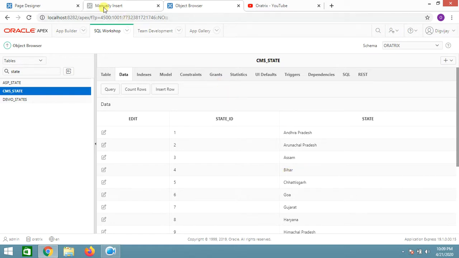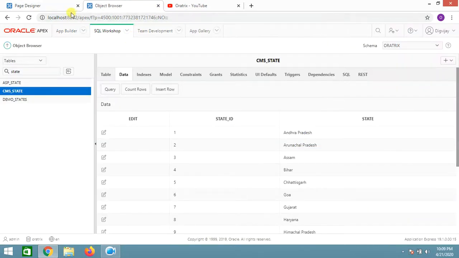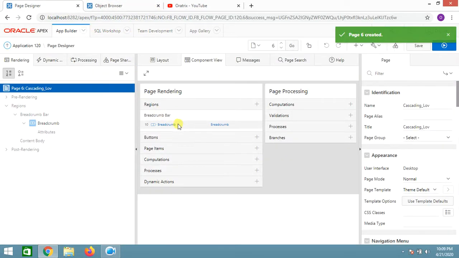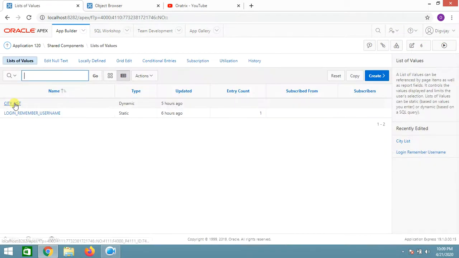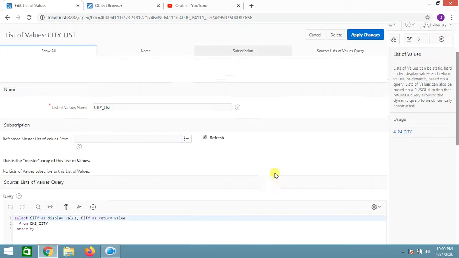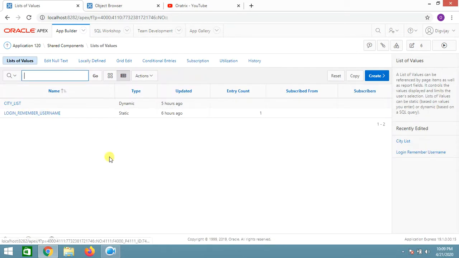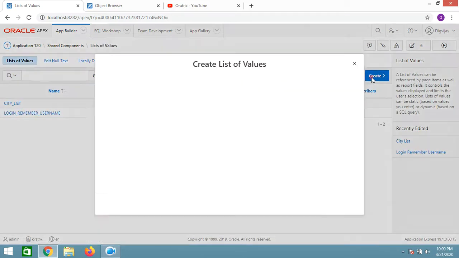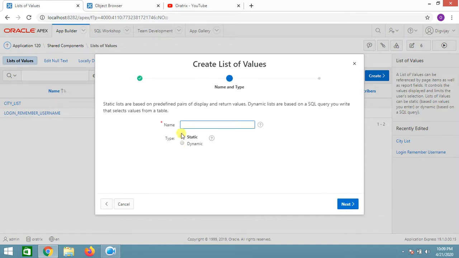So now let's get back to our page, this one. In the last video I already created one shared component LOV, that is this one, city underscore list, right? So now let us create a state LOV. From scratch, click on next.